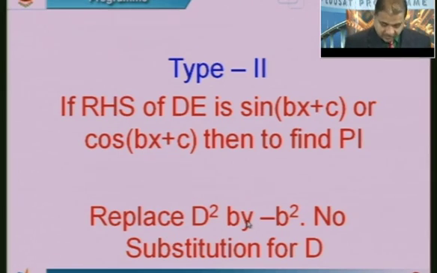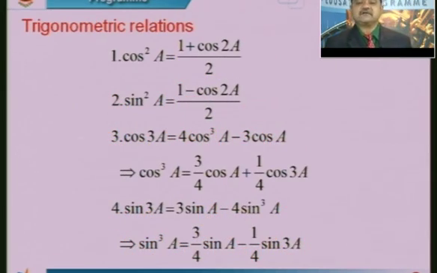In type 2, we have seen so many kinds of questions, general, direct, which consist of cos 3x, cos 4x, like that. Then there may be a possibility of getting trigonometric relations. There are 8 trigonometric relations with powers, 4, and another 4 called transformation results. With the powers, cos squared a is (1 plus cos 2a) by 2. Then sin squared a is (1 minus cos 2a) by 2.